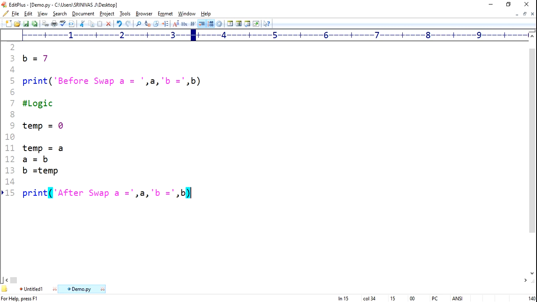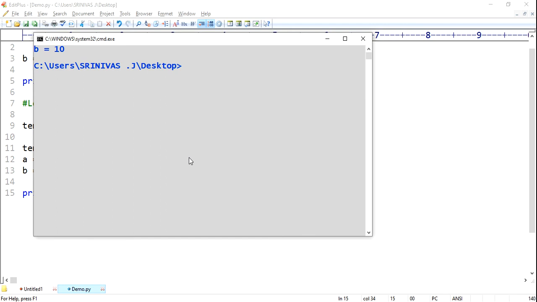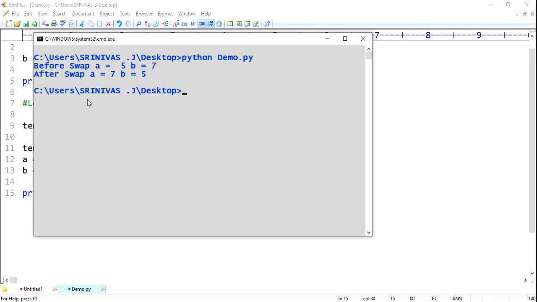Open command prompt. I want to check, python, and my file name is demo.py. See, before swap a is 5 and b is 7. After swap a is 7, b equals to 5.